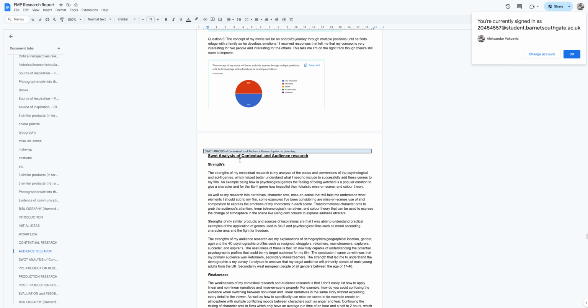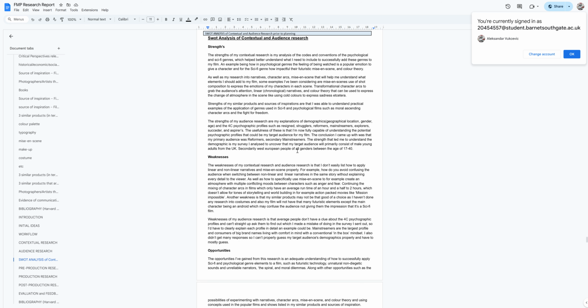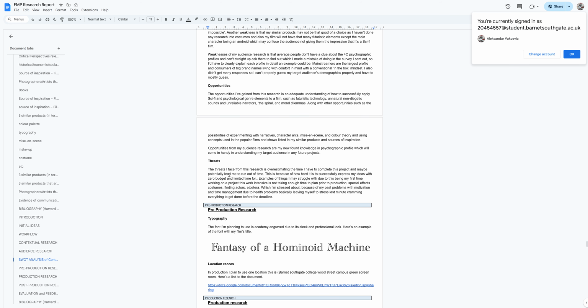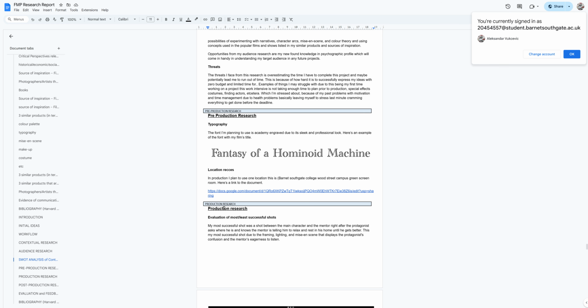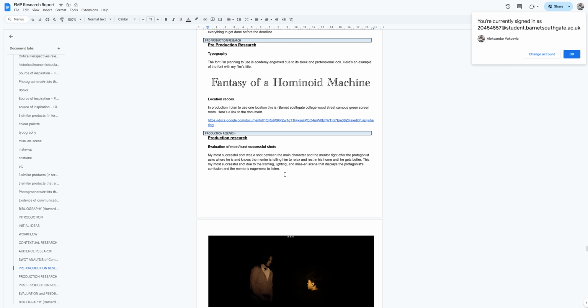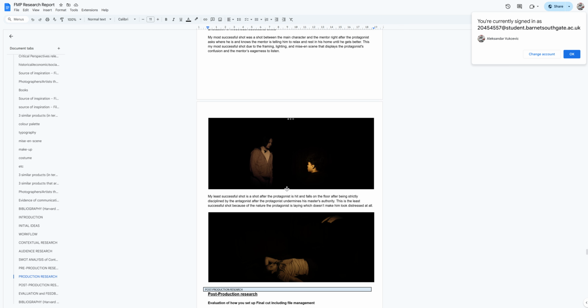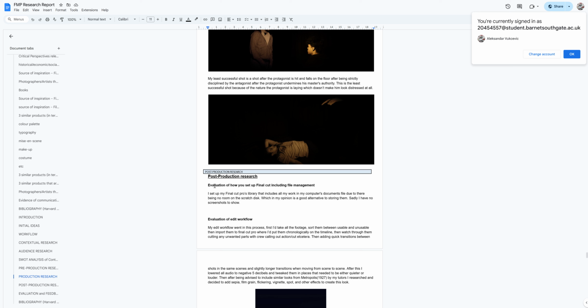Then I moved on to my SWOT analysis of my contextual and audience research, where I listed the strengths, weaknesses, opportunities, and threats. Then my pre-production research, where I covered the typography I plan to use in my film, and the locations. The production research was my evaluation of my most and least successful shots. The post-production research was an evaluation of how I set up my Final Cut Pro library, my evaluation of my workflow,